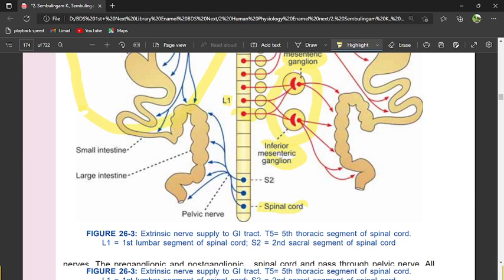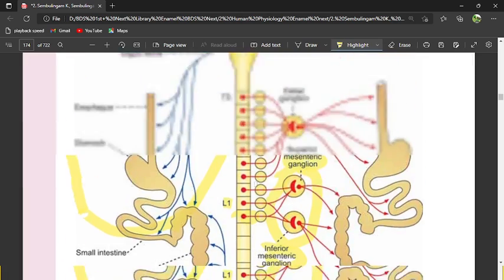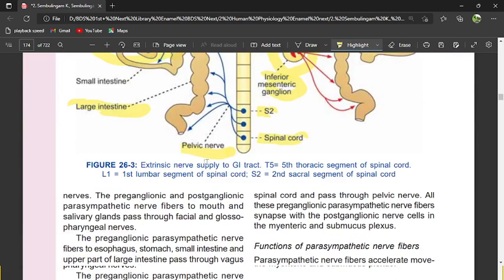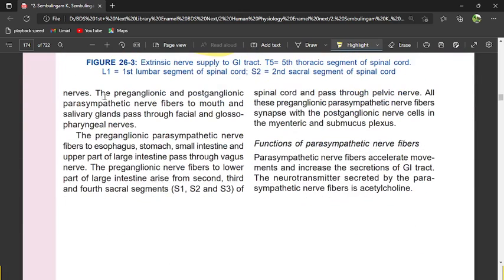So from sacrum 2, some 3 nerve fibers will come out, they will collaborate and help the mechanism for the large intestine. So for the purpose of large intestine and the below part, in parasympathetic nervous supply you are having a different thing. I think in your colleges they don't cover this very clearly. The preganglionic and the postganglionic